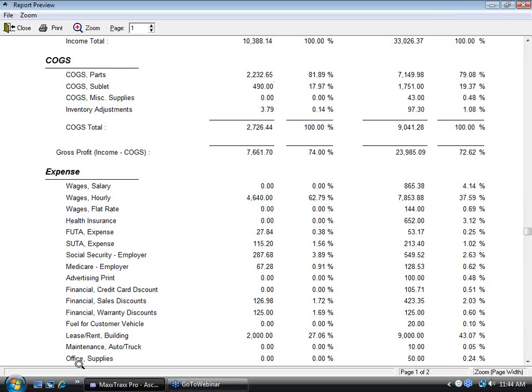Now the system is set up to treat hourly employees and flat rate employees. See, I even have an amount over here for flat rate employees as well as my salary employees. We set this up as default to track your payroll, your wages, under your expenses. Okay? Some people want to change it around. You do have the ability to go into your default account postings and reroute that. Tell those wages to go to a $50,000 account, a cost of goods sold account, rather than an expense account. Theoretically, we're supposed to be able to do that, but I personally, even though people haven't been able to duplicate this, I have seen this mess with my